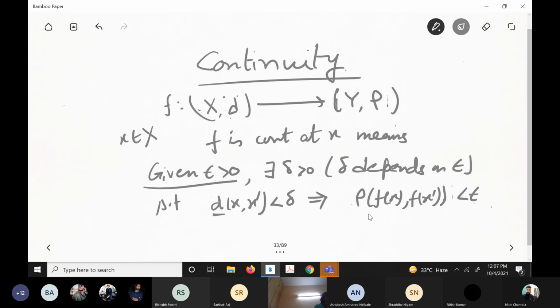Basically distance d here, rho here. Here just a notational warning: usually small y you use as an element of Y, and small x usually is an element of big X. That's why I'm taking x prime, not y here. Okay, that you should follow. Now I have shown that